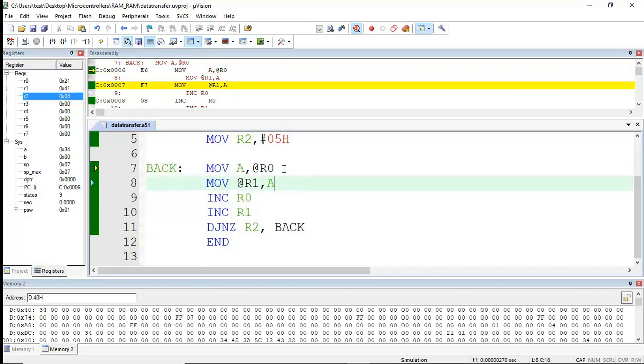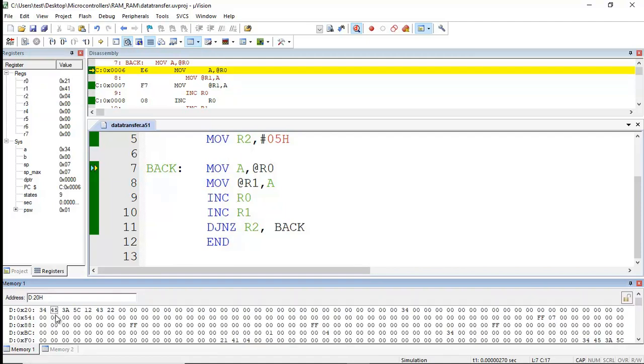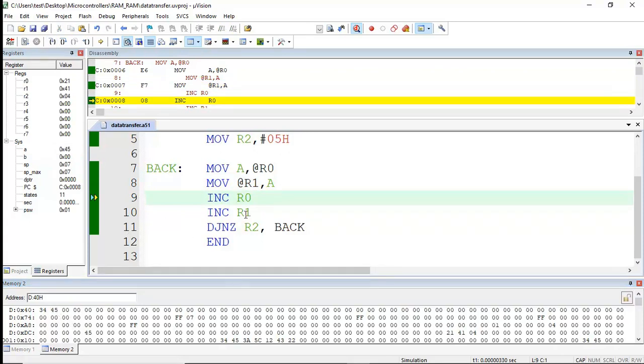Now, this instruction has R0 pointing to the address 21. In our memory, at address location 21, we have the value 45. So this 45 is copied into the accumulator. Our accumulator becomes 45. And from the accumulator, this value is copied into the address pointed by R1, that is 41H, which is our second byte in the second memory window. So in this way, two data bytes are transferred,